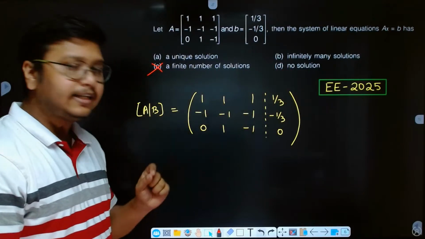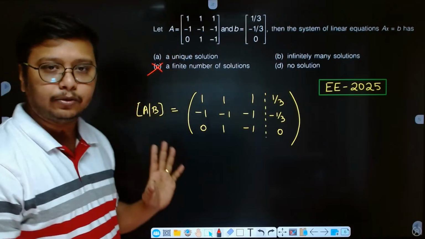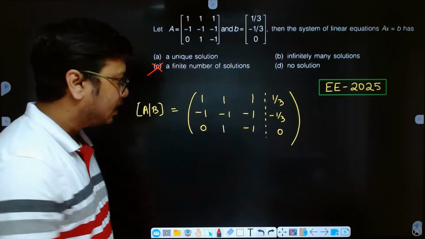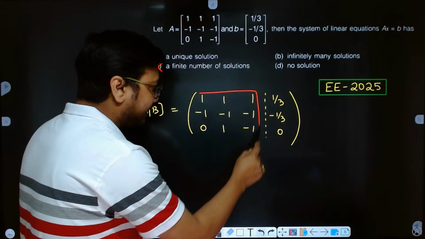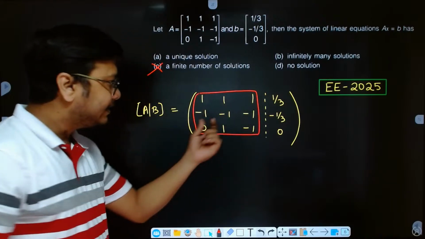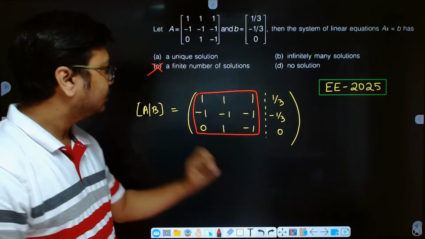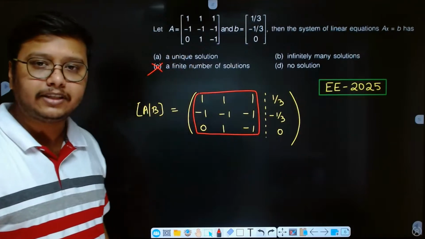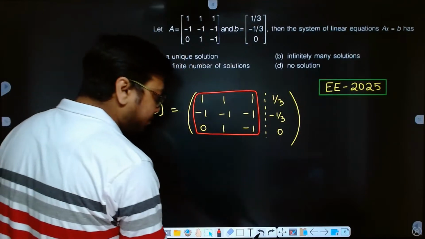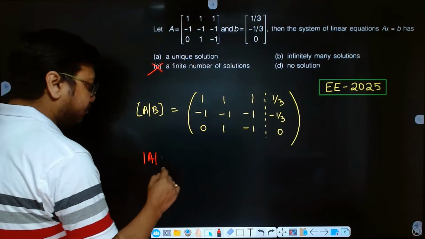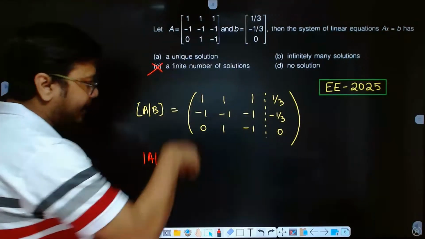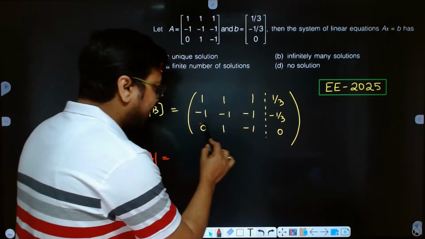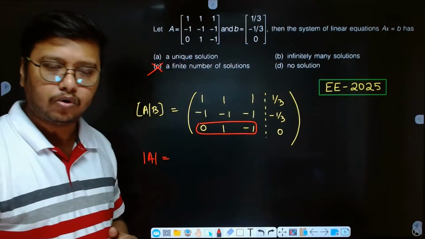The first thing you should do is check for unique solution, because that is the easiest one. How will you check? Take the determinant. If the determinant value is non-zero, then there is a unique solution. So first check the determinant value. If I expand along the last row,